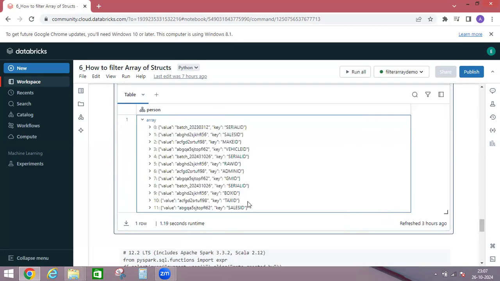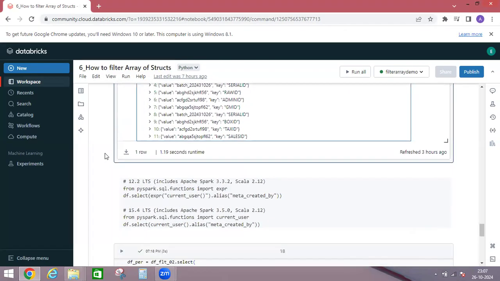Okay, so in these 11 structs, I want to filter serial ID. This one has one separate column, and make ID, sales ID, vehicle ID, these three as one column. So for this, what I'm doing,